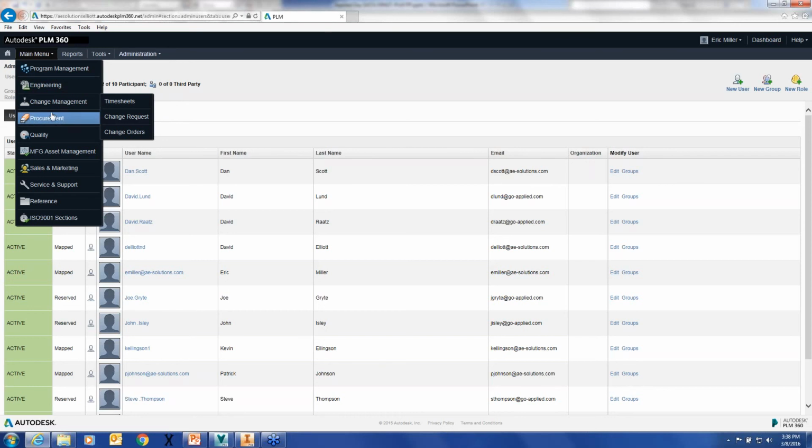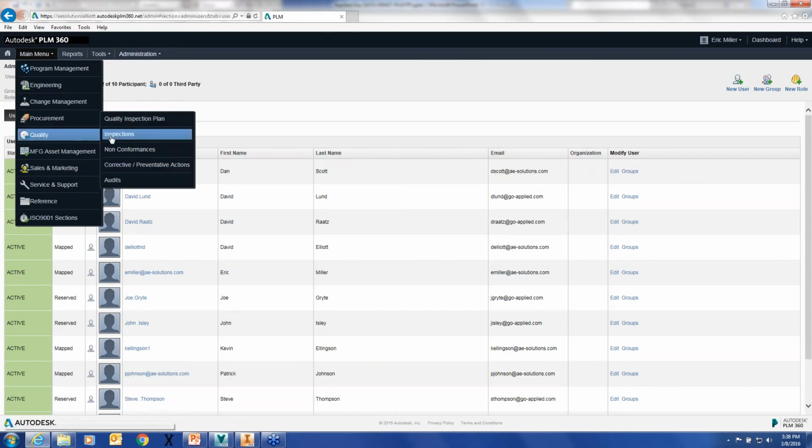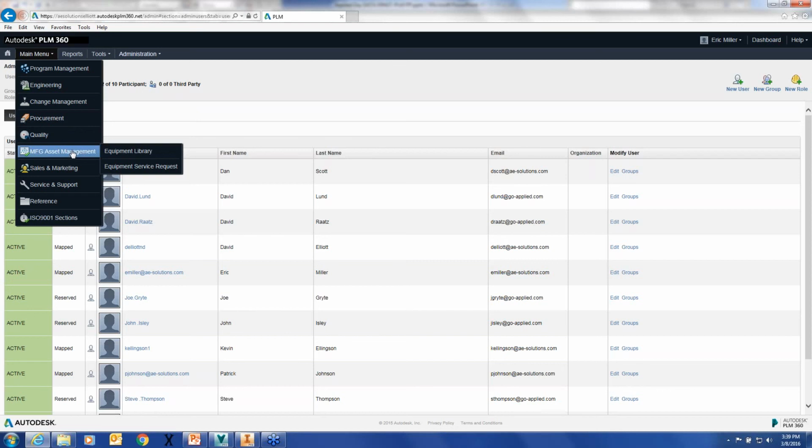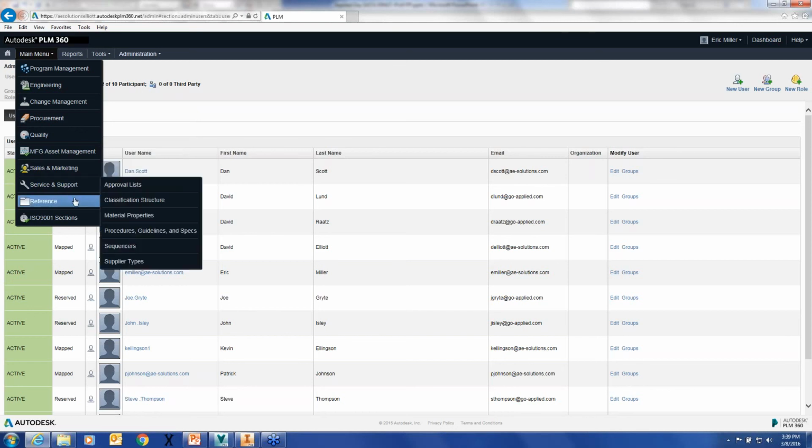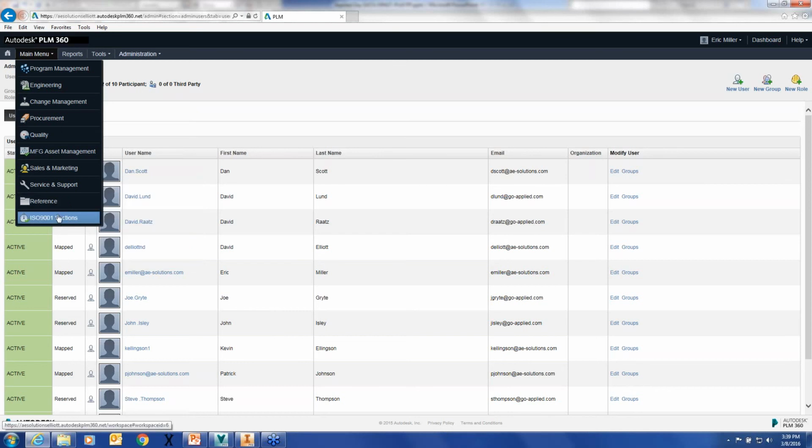fit your company. But notice there's a section for procurement, one for quality, and there's a lot of subheadings here too for these different departments: quality inspection plan, manufacturing, sales and marketing, service and support, and then there's a couple other sections here for reference documents and some ISO type things. But let's just take a look at a few of these just so you can kind of get a taste